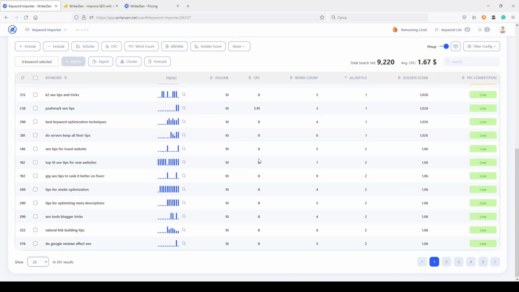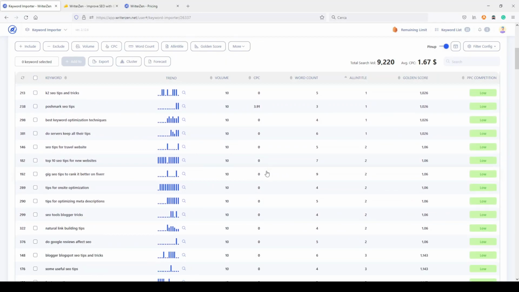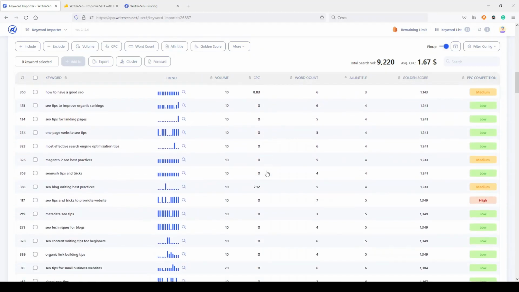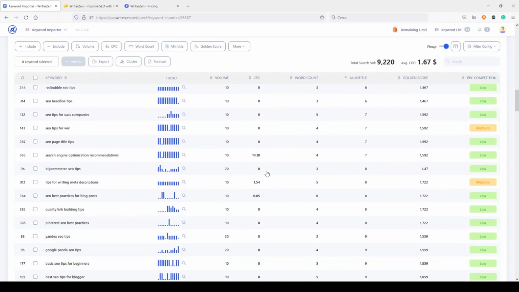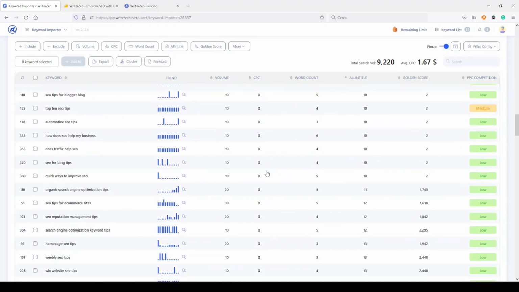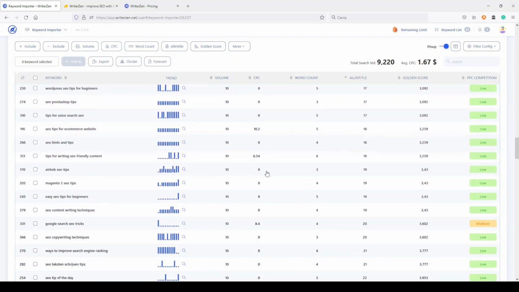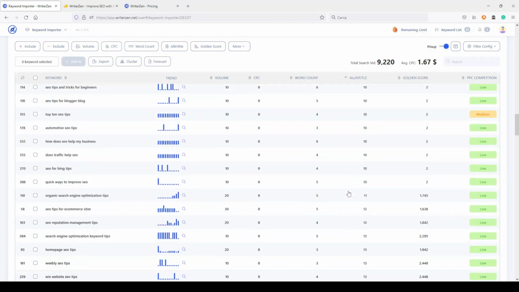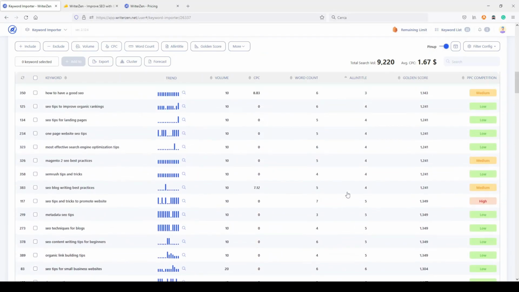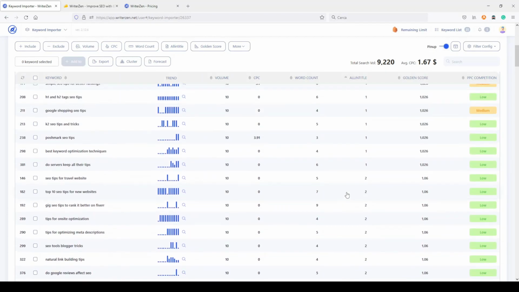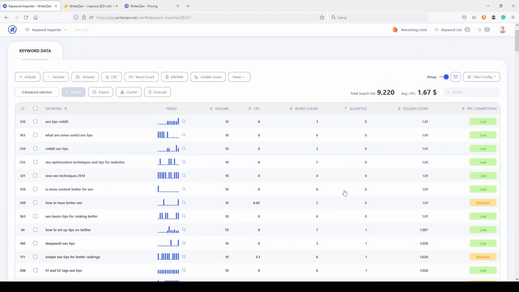I can go down like this. Let's see if we can find a keyword with a bunch of volume searches and the lowest. No, not in this case. This is a topic where it's difficult to find keywords with a high volume and low Allintitle,